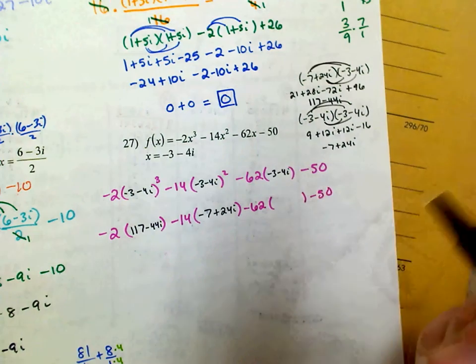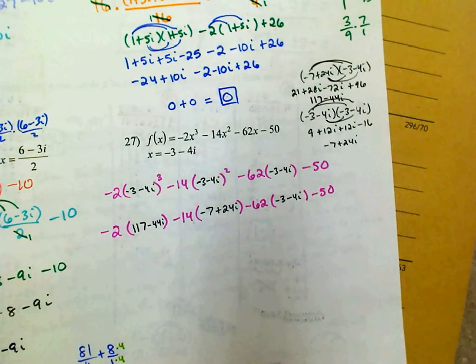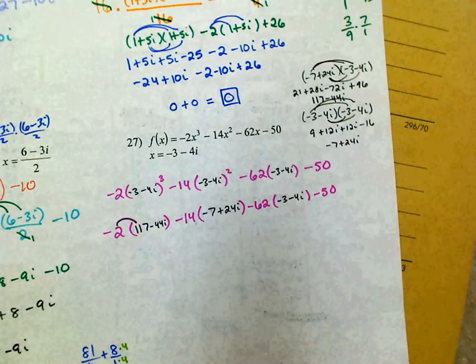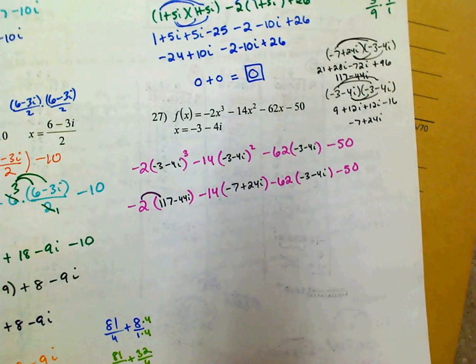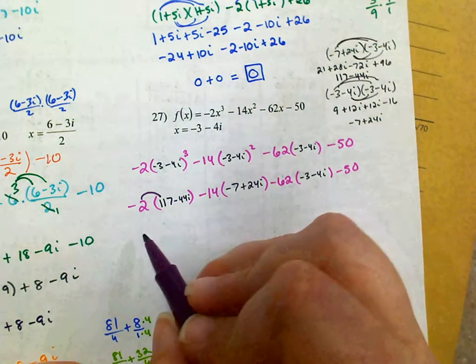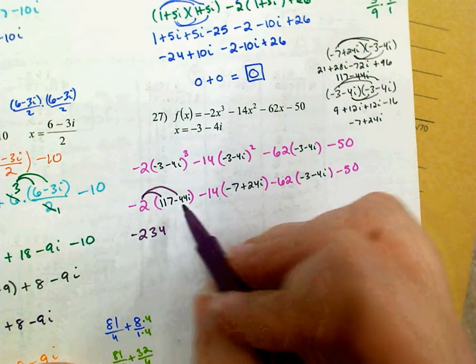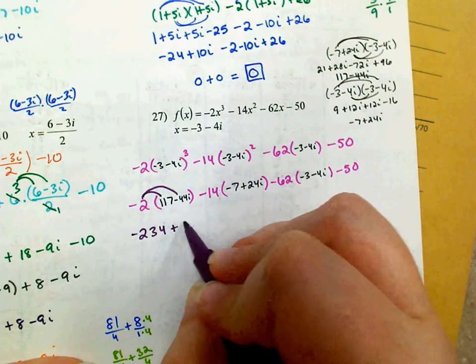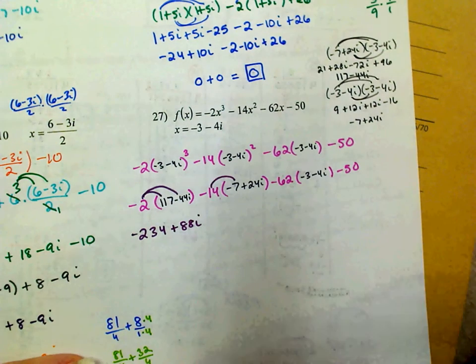Okay, so here we go. I've got negative 2 times 117. So that is negative 234. Negative 2 times negative 44 is a positive 88i. Negative 14 times negative 7 is a positive